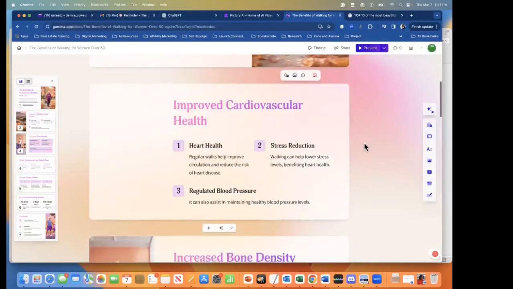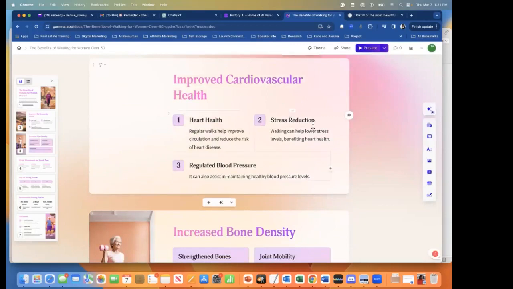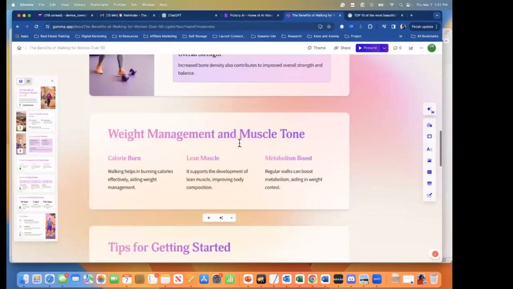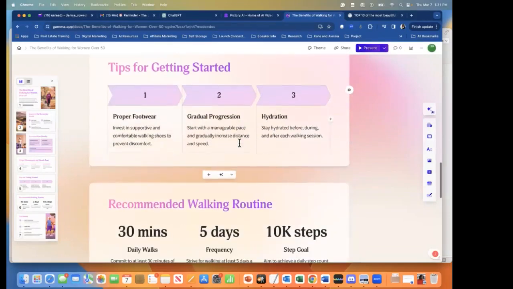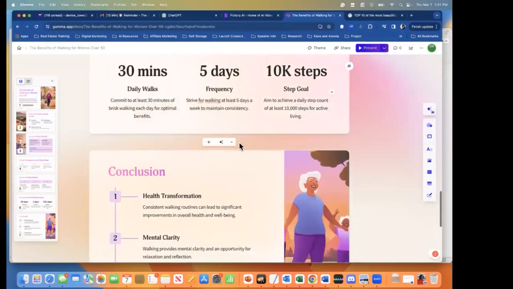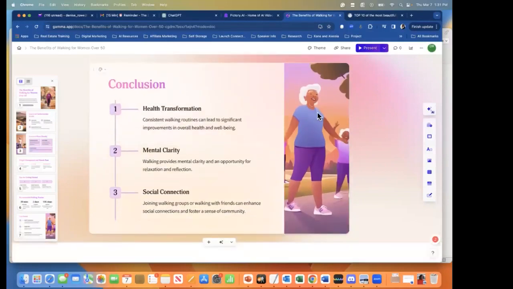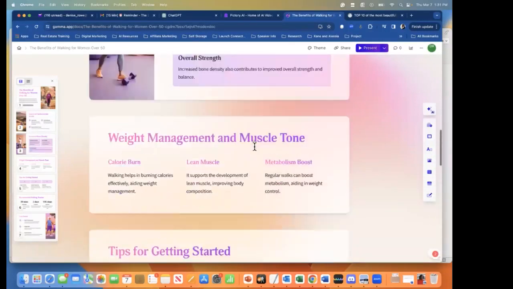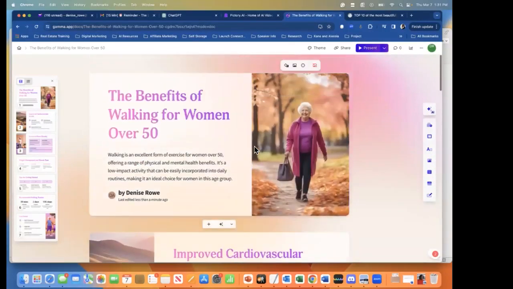And we have all of these. We can switch these around if we don't want to talk about that. We have bone density, and we have this great presentation that took us less than 5 minutes. I don't like that picture, but I'm not going to change it. I already showed you all how to change it. But what we're going to do here is to